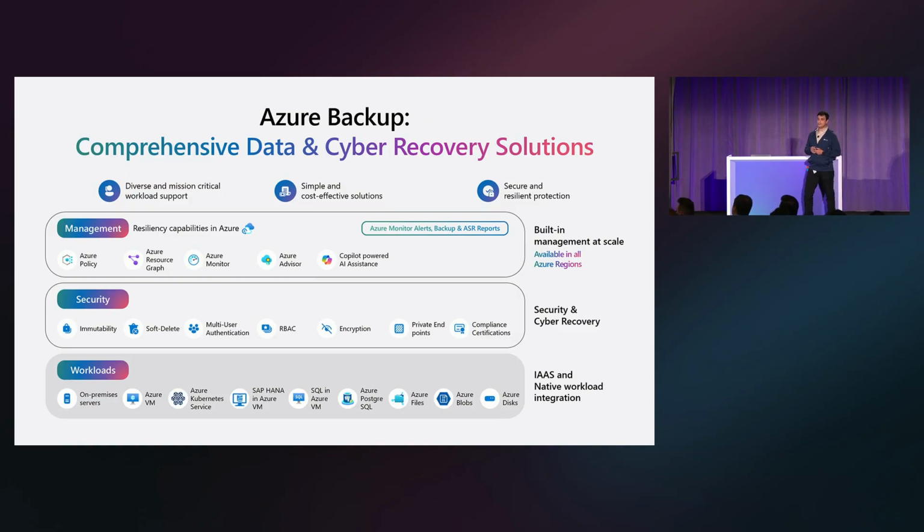Next, in terms of security, which is really what you need when you take backups, because if your backup is not secure, your whole purpose of taking the backup is defeated. That's where we have made tremendous investments in the last couple of years, which is what shows up here. The vaulted technology that we both talked about has immutability, it has soft delete. Soft delete means that even if you had an accidental delete, it remains there for 14 days. Immutability is there at both the vault as well as at the storage layer for most of the workloads that we support. We have multi-user authentication.